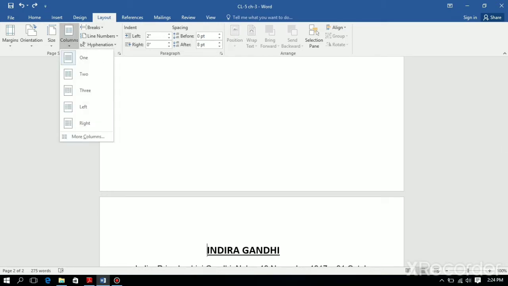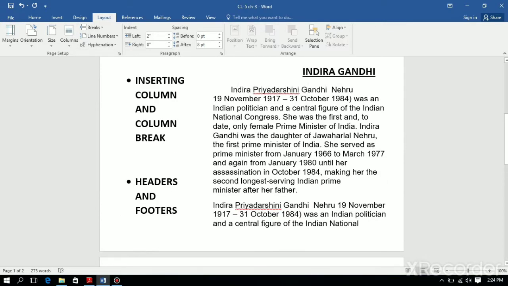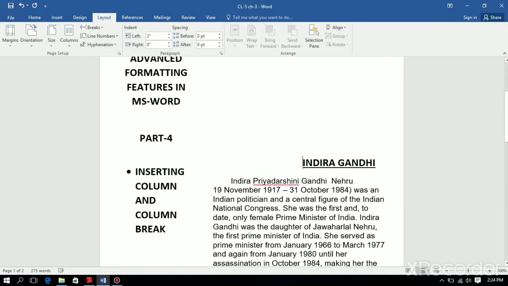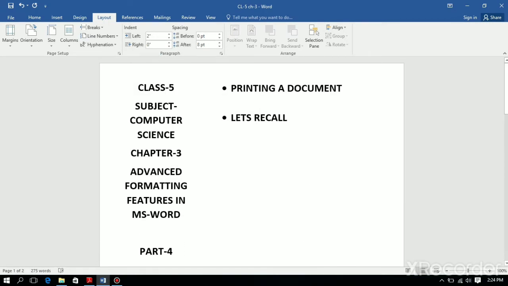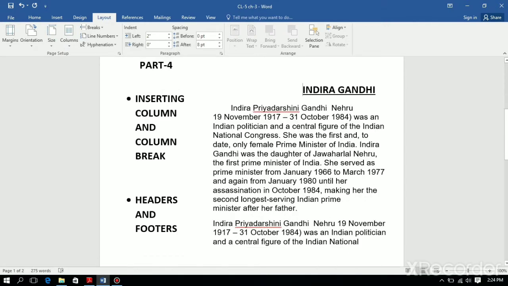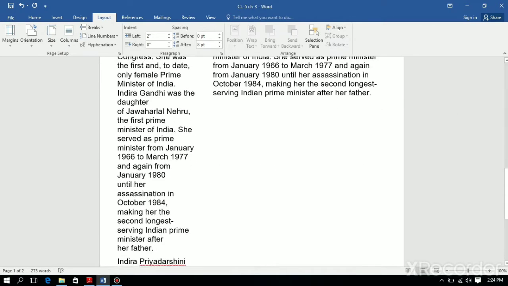again go to the column option and see there left and right. You may select right or left option if you want smaller columns on either side. Okay. So see, this is the left side option, which means all the text on the first page is converted to the left side and after that the right side.